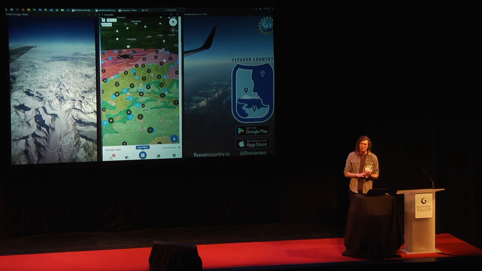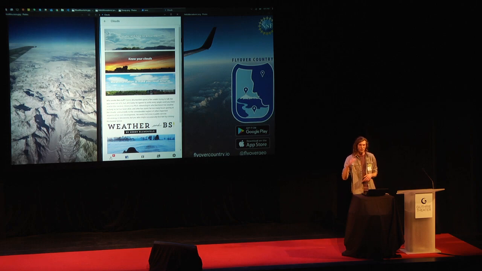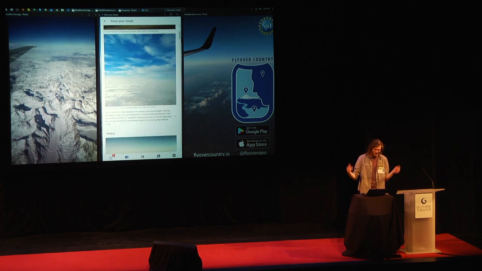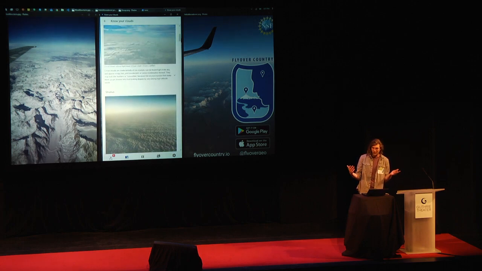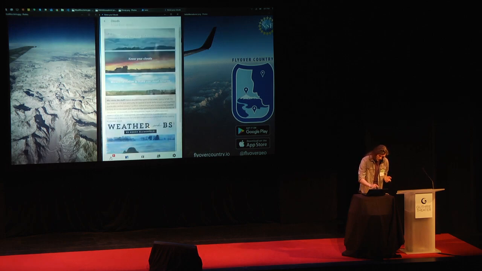So from there, you've got all kinds of things to read about as you're going, but probably, at least on part of your flight, it's going to be cloudy. But clouds are pretty cool. So we have things about clouds as well. We have a section that'll help you understand a little bit more about identifying clouds that you're flying through or flying over or under. This is written by a local weatherman, Kenny Blumenfeld. He's a super funny guy, so all of this is written in a pretty ridiculous, funny way. Super entertaining. You can understand clouds from the ground if you feel like reading this, but also while you're up in the sky, you can identify why that cloud bank is there and not over there, and what it has to do with that mountain range next to it. You can learn about those things.